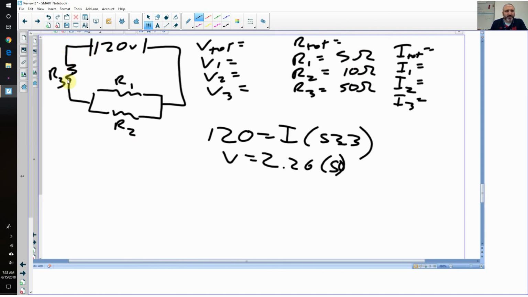So the electron goes through here. So this is series, and then this is parallel. So we have to sort of come up with an equivalent resistance for this parallel piece here, because we don't know too much about what's happening with R2 and R1. But if we do the equivalent resistance of 1 over 10 plus 1 over 5, that's going to be 0.3333. So 1 divided by 10 plus 1 divided by 5, that's going to be 0.3, not 3 1/3, just 0.3. But then if we invert that, we're going to end up with a resistance here of